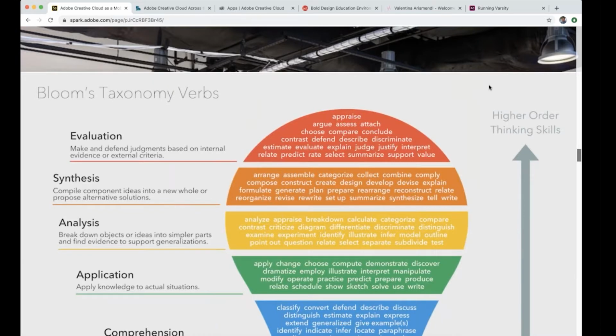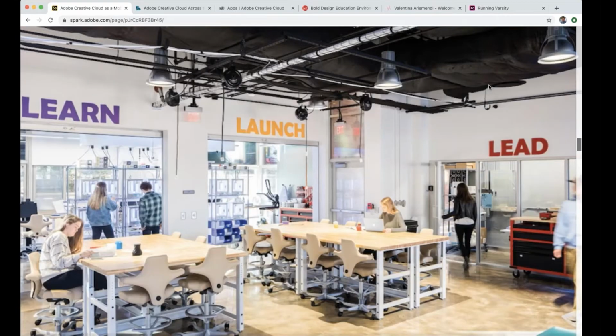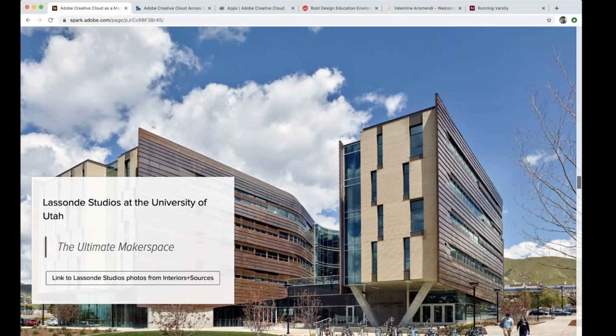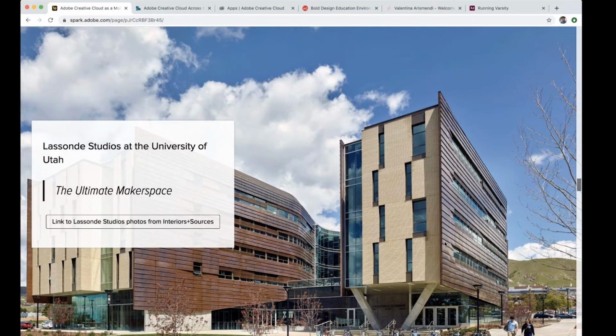They learn something in class, they launch a creative problem-solving approach to that knowledge, and then eventually they're leading others with what they've discovered and what they've developed. That is clearly the ultimate goal of education, and that's what I'm suggesting Creative Cloud is at its best for. It's at its best when it becomes exactly that kind of makerspace, that kind of invitation or literal or virtual space for students to have that kind of